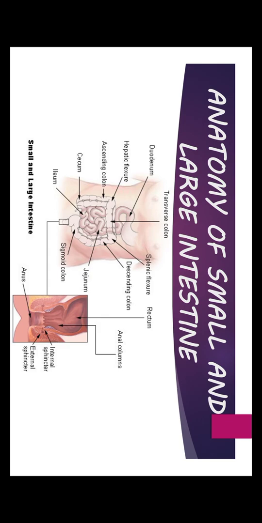Third one is the transverse colon. Transverse colon is a loop of colon which extends across the abdominal cavity. Beneath the spleen, it curves downward, which is called the left colic flexure. Then last part of the large intestine is descending colon. Downward extension of the colon is called descending colon. At the level of the pelvic brim, the descending colon turns inward in the shape of the letter S and is then called the sigmoid colon.